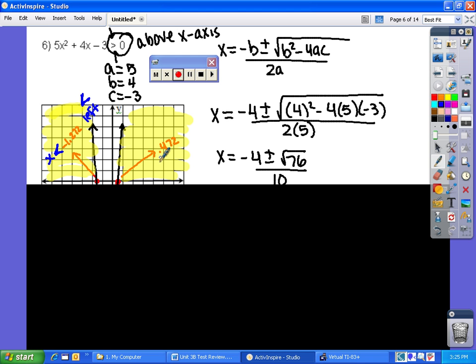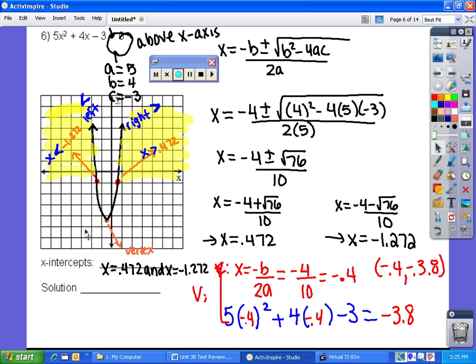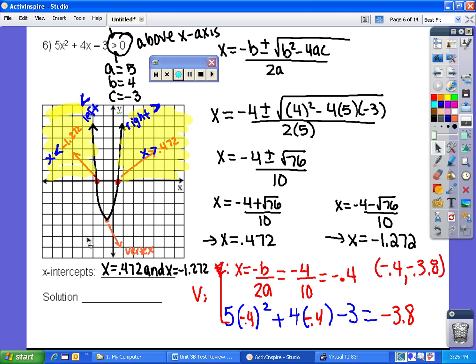After I leave 0.472, I keep going to the right. This is going up, but it's also going to the right. Well, right means that the numbers are getting bigger. So all of my numbers are going to be bigger than 0.472. So that means my solution to the problem is going to be x